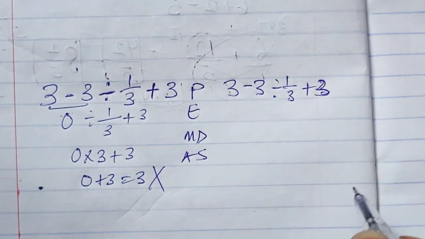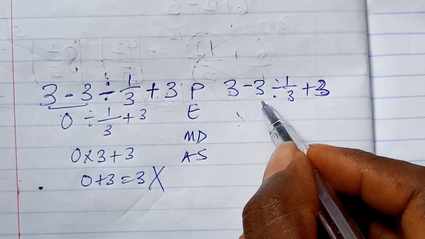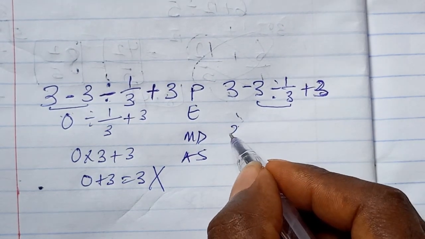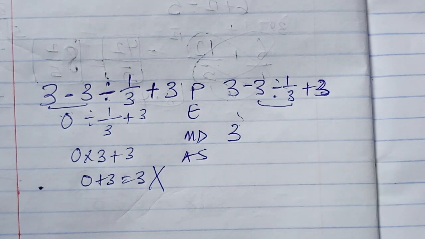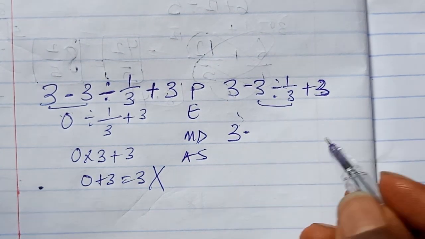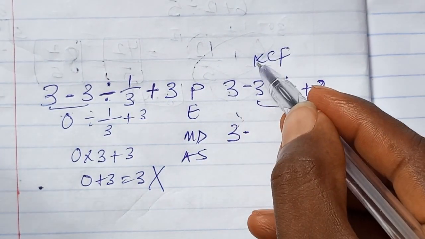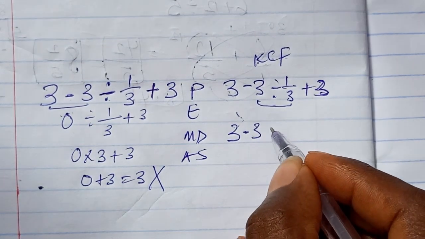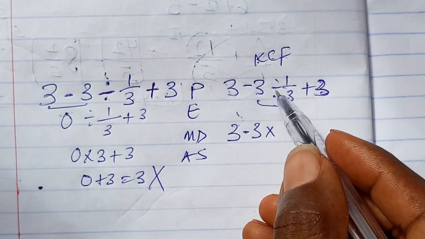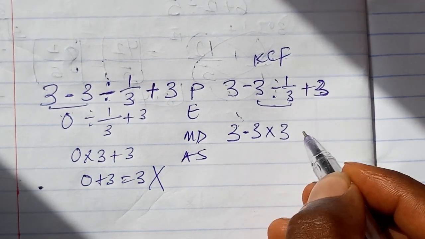Okay, so now what we are going to do is to first of all do this division, which is this. So bring this 3 down. 3 divided by 1 over 3. Don't forget your KCF rule. There's a rule called KCF. It stands for keep, change, and flip. So we apply it here. We have 3 times this division will remain, we change to times, then this will go up, which is 3